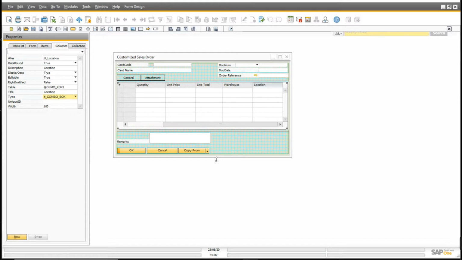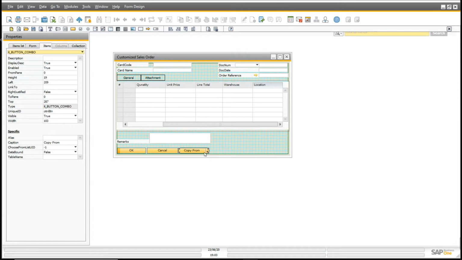Now come to the second control on the form, that is the combo button. Let me click on this. So we have this button, and further inside the code we will see how we can add values inside the combo box of the matrix column and the valid values inside this combo button. But before that you must see the SDK part, where you will find how different types of items you can add on the forms and which is supported for which control. Some controls are not supported inside the matrix.